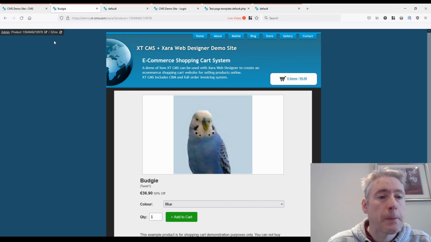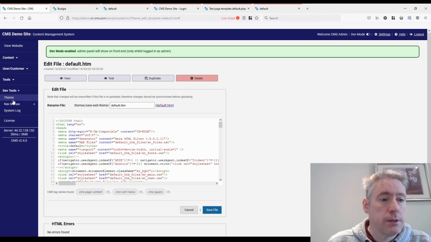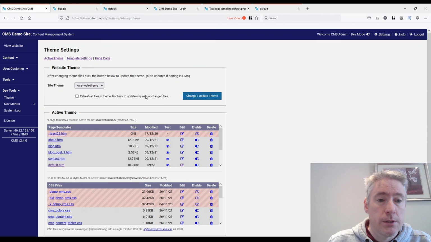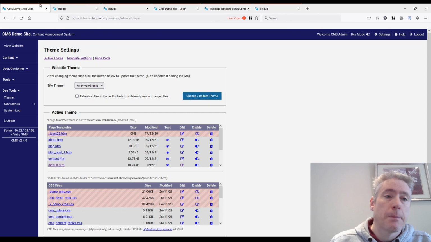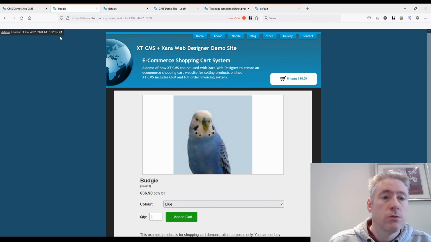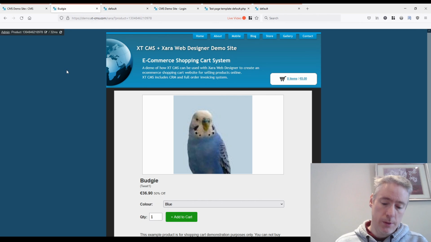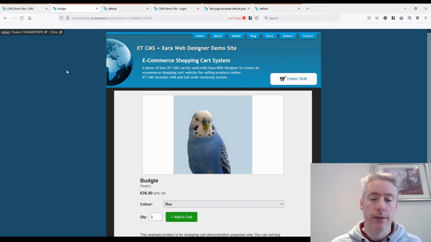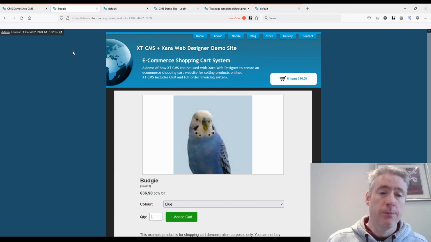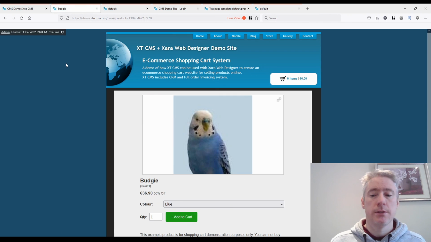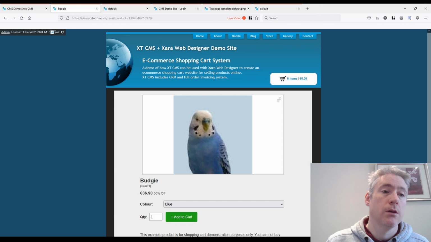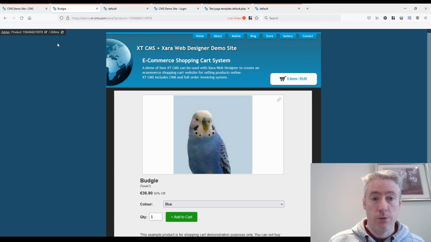Now, also, this little refresh button. So this is basically the same as if we go to theme here. It's the same as clicking this button to update the theme. So how and why that's useful is if I am working on my computer and I make some changes to the template and then I upload the template files, instead of going back to the admin area and clicking that button, I can just click this button to refresh it. So if I click this, it goes through all the theme files and updates the templates and all that. And you can see that took a little bit longer, 248 milliseconds, because it was doing all that.